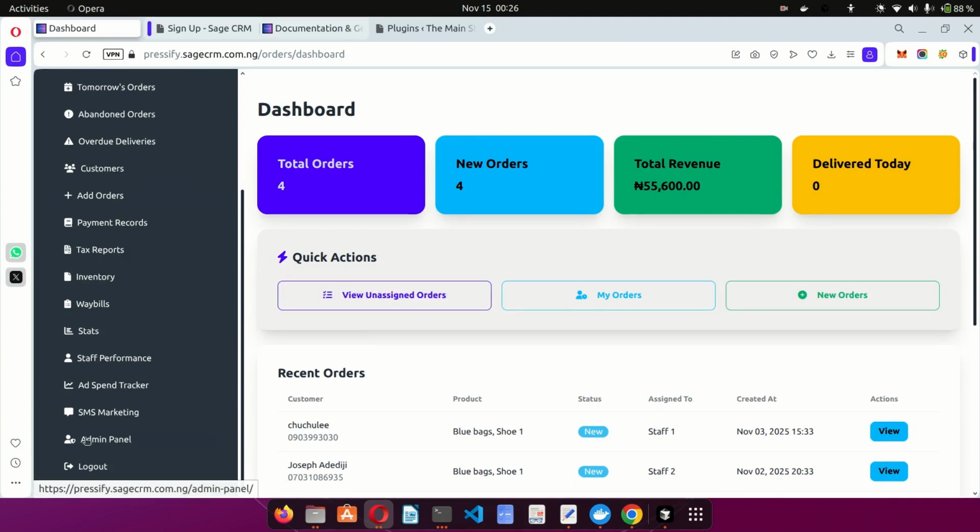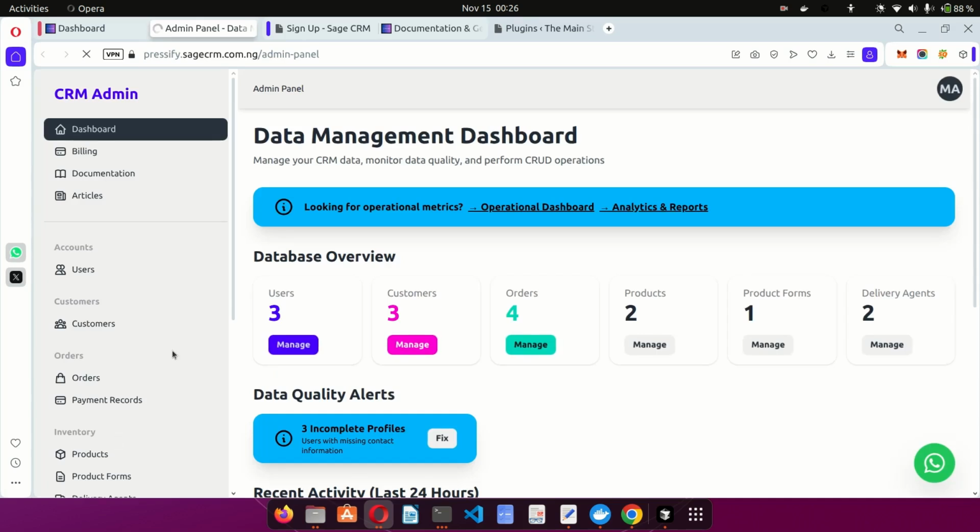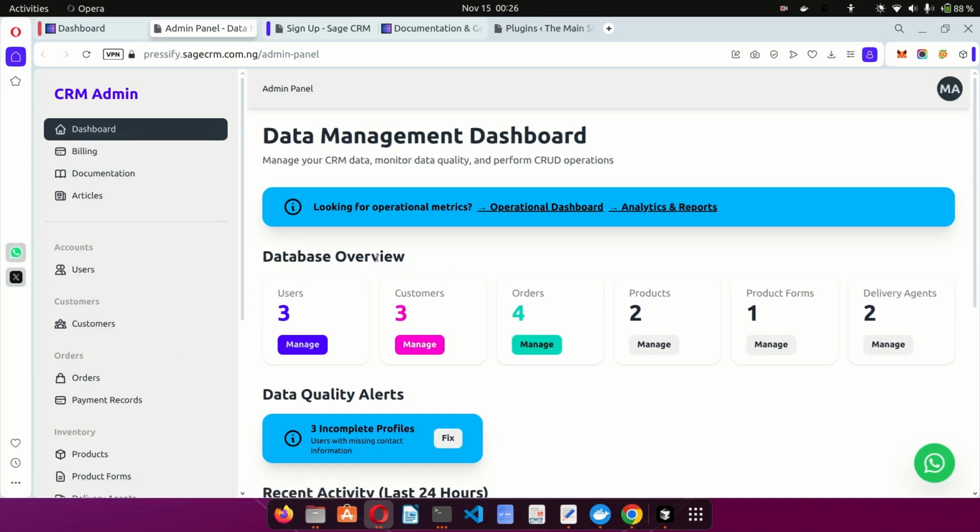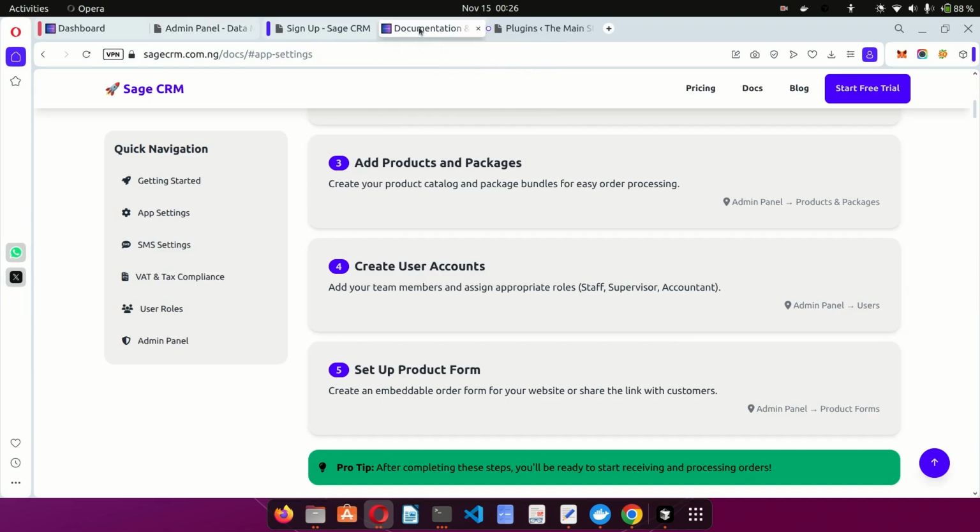What you want to do is go to the admin panel. The admin panel is where you configure the app as a new user. So I'm just going to click on admin panel, and from here you can set up everything about your CRM, your business, and everything. We have a text documentation available at